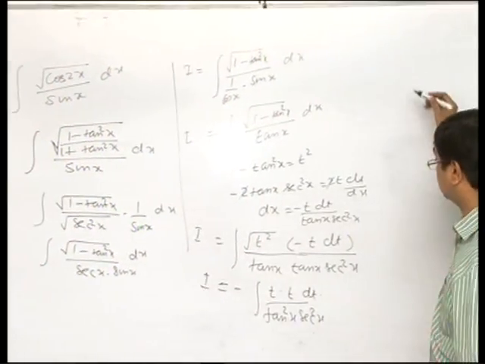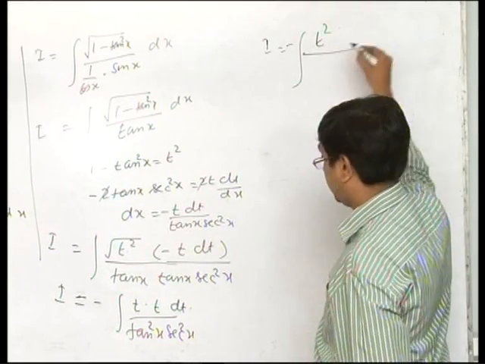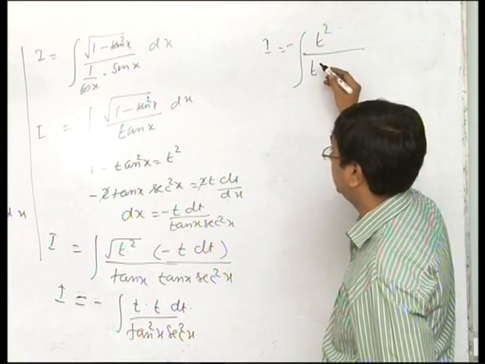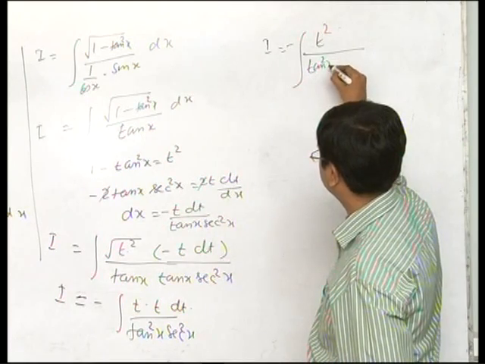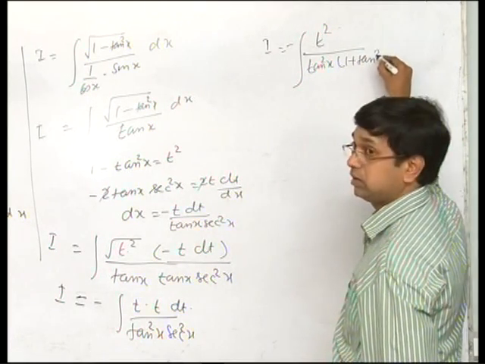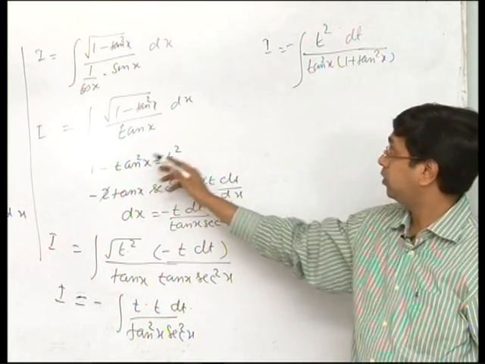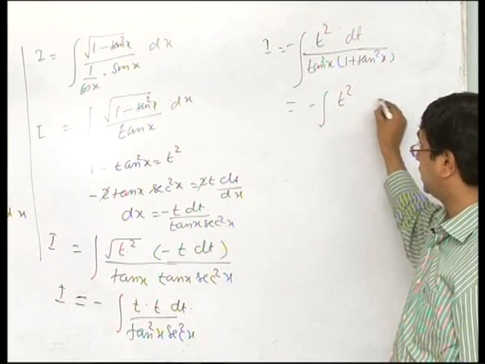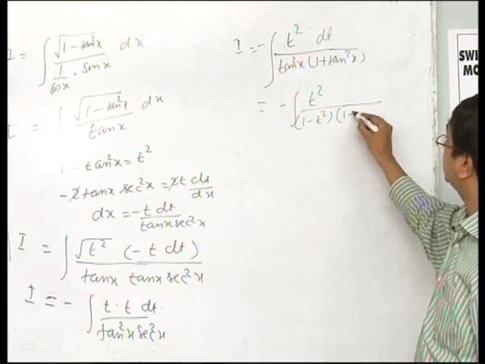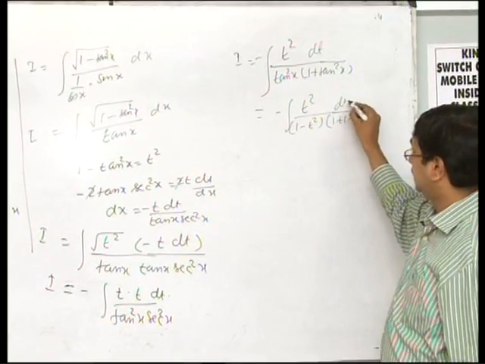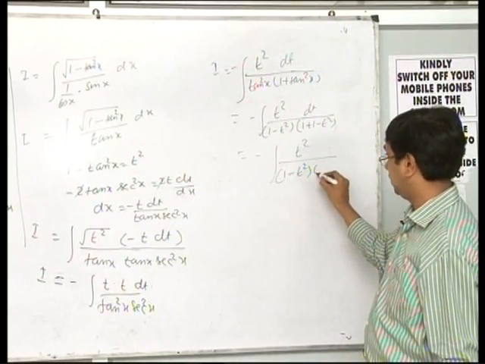So this would reduce to minus t square, and then what you would have, tan square x would be how much? What is the value of tan square x? Okay, let me put it like this, tan square x into 1 plus tan square x. Now what is tan square x from here? 1 minus t square, so minus t square upon 1 minus t square into 1 plus 1 minus t square dt. So now you can see this is a very special integral in the form of partial fractions,